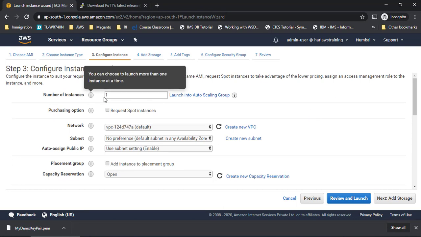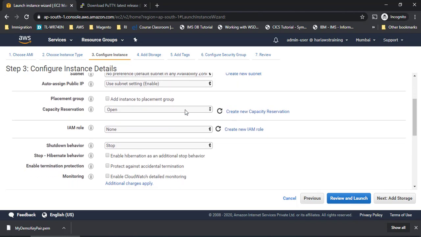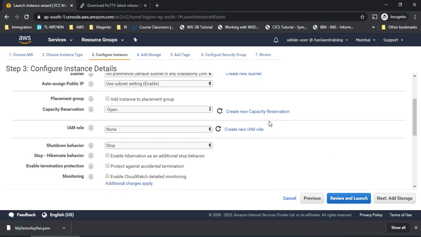So today we are just going to worry about this first line, which says number of instances. It says how many servers you want to create. You can give the number as 1 or 2 or anything. You can create 100,000 machines also at once, right? That is the power of EC2 and cloud, right? So I'll create one instance here. Remaining all I'll keep as it is. There will be VPC, subnet and all the other details, I'll keep them as they are.